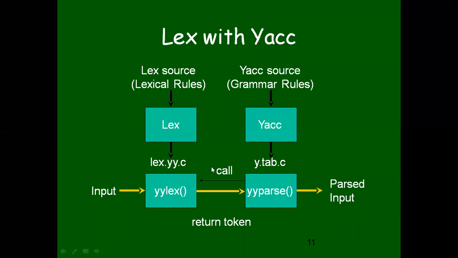This is lex, this is ACK. Both are building tools of compilers. Using lex, we are generating C code. Using ACK, we are generating C code. No doubt in that. And the output is in the form of a stream of tokens, and the output in the form of a parser is a syntax tree, right?